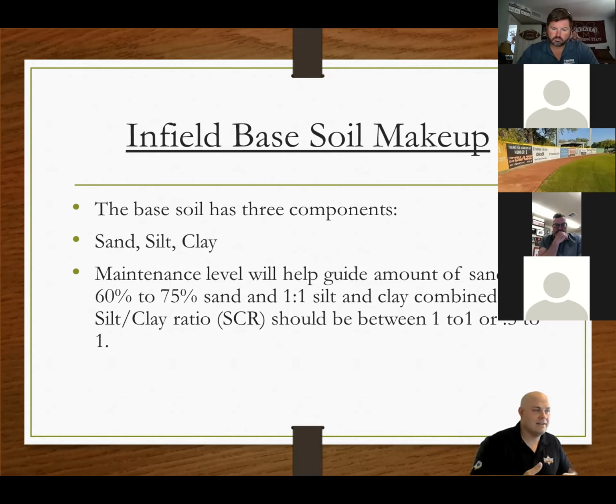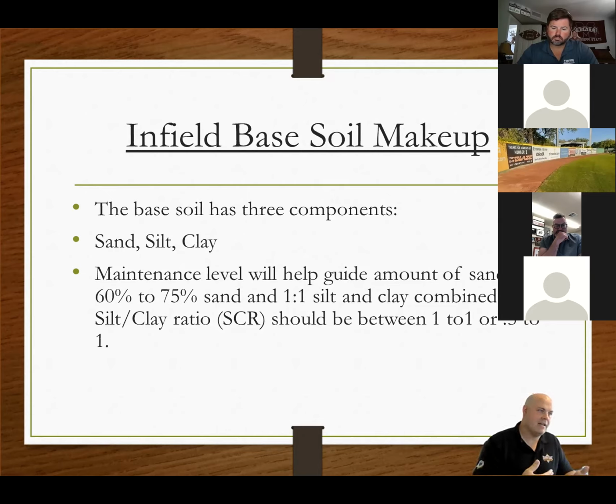This leads into the next conversation of being able to amend your current surface. After you take it to the soil lab and they present you with testing, we can take a look at that soil test, and because of engineering tools, we can adjust and customize the blend to help take your current infield skin to the next level.